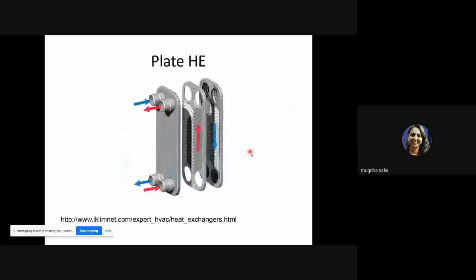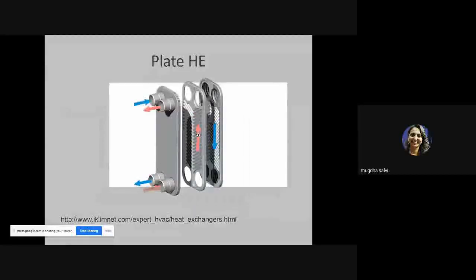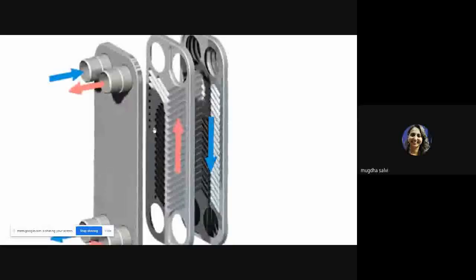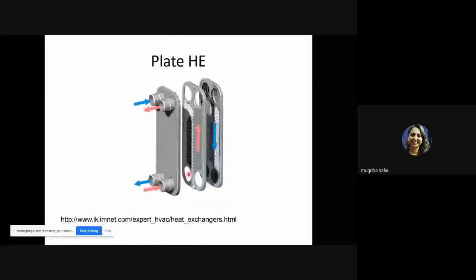In this diagram, you can see how the liquid flows across two different plates. These are actual plates of a heat exchanger. You can see that there are grooves provided. See this region, if I expand, you can see these grooves. Now these grooves are for increasing the surface area of heat exchange, thus allowing you more heat exchange from the same surface. So this is a plate heat exchanger.